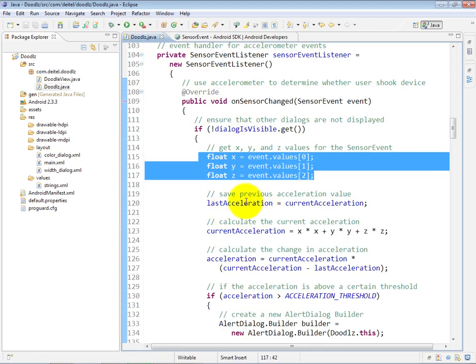Then we store in last acceleration whatever the previous value of current acceleration was. Then we go ahead and store a new value for current acceleration in which we just square the x, y, and z values and add them all together. Finally, we perform a calculation in which the acceleration is the result of multiplying current acceleration times the quantity current acceleration minus last acceleration. And if that value is greater than our acceleration threshold, that to us represents the fact that the user shook the device,